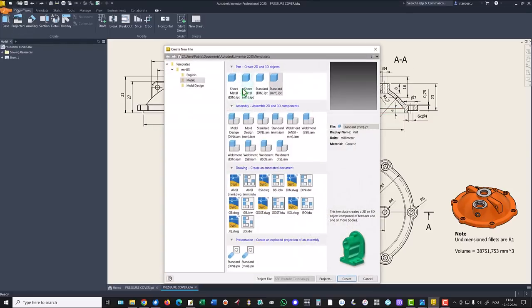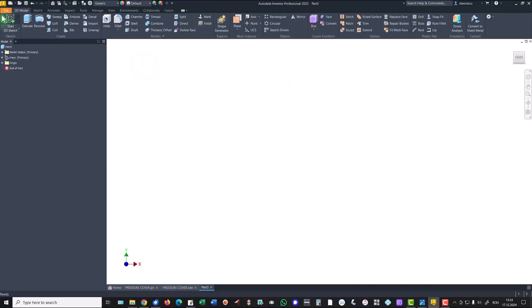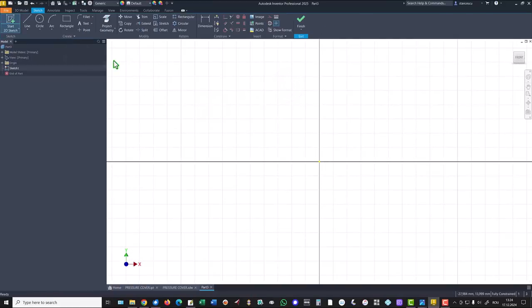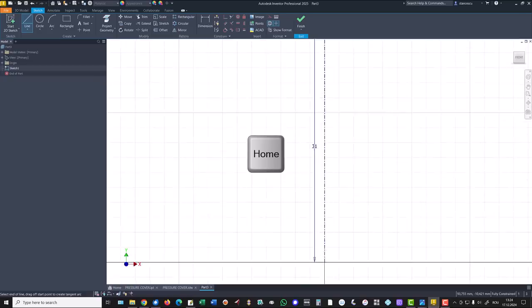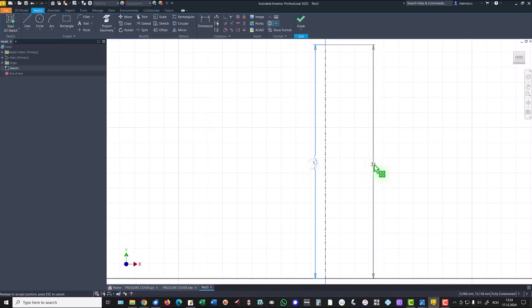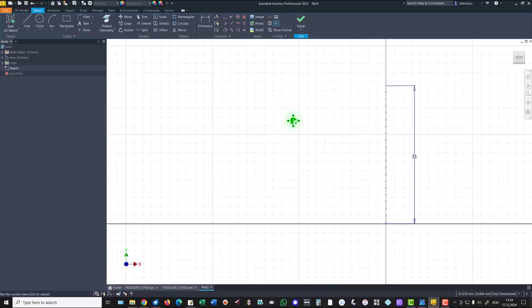Let's start. New standard millimeters IPT, new sketch, XY plane, and we draw a vertical line as a center line. This is 31. Then I disable this and I draw other lines. Take a look here. Left, down, then